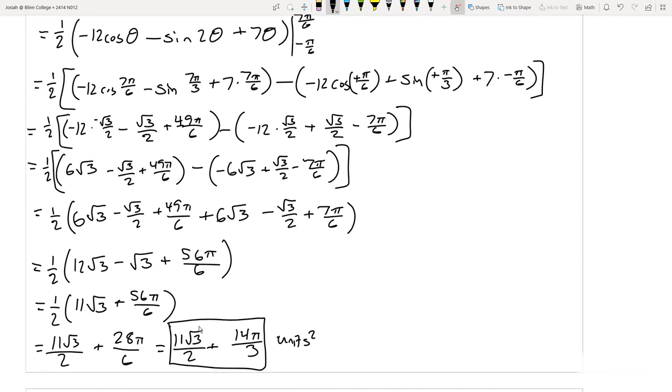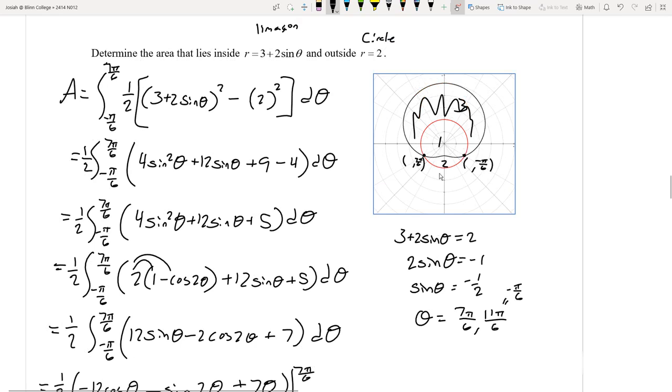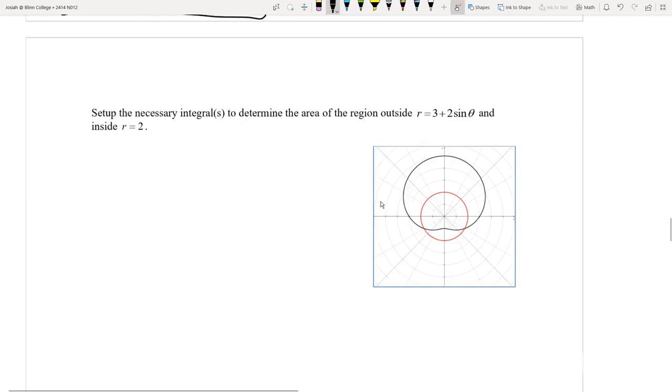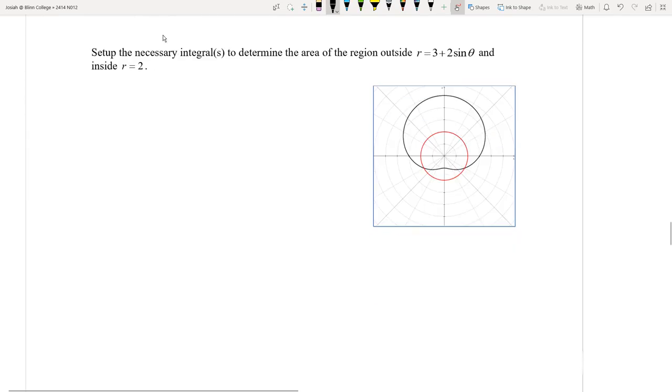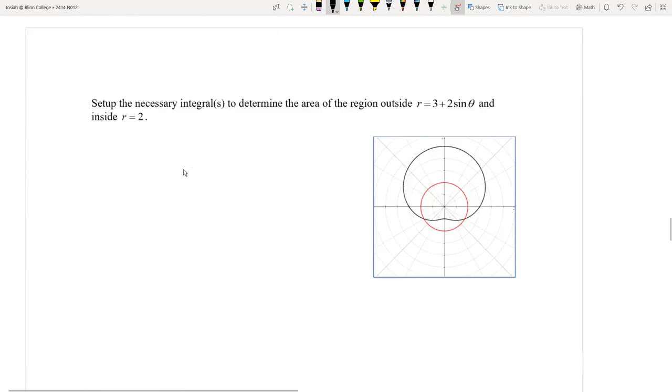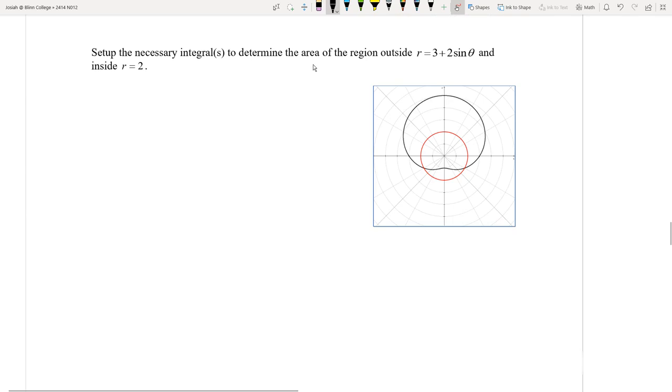All right, so that was this area out here. So we'll continue on with the same kind of process here. And this one says set up the necessary integrals. So this one actually said determine the area. This one just says to set it up. To determine the area of the region outside of the limaçon, inside the circle. So we are talking about